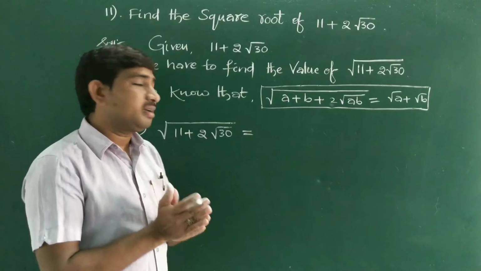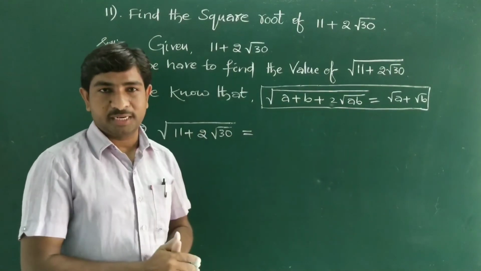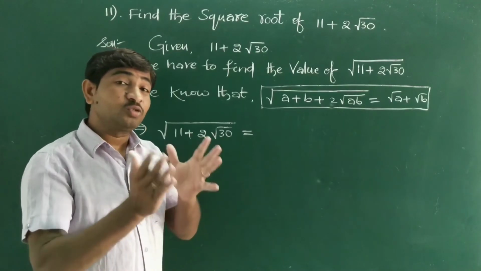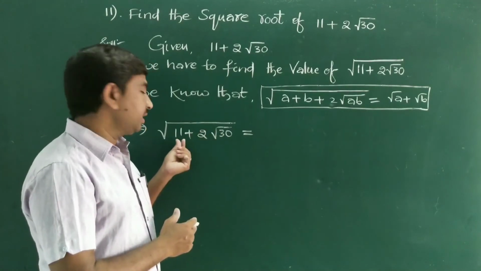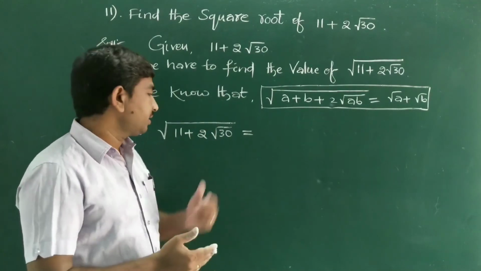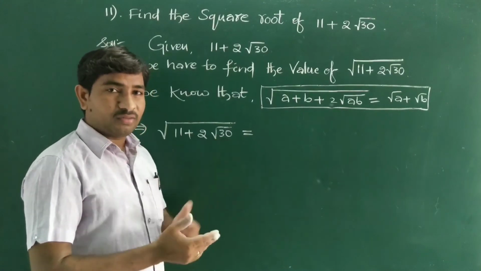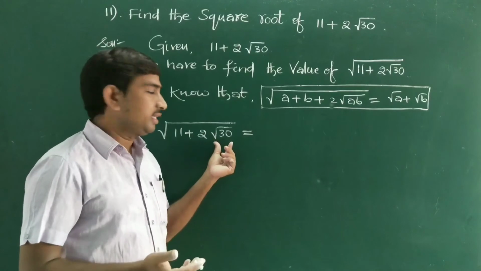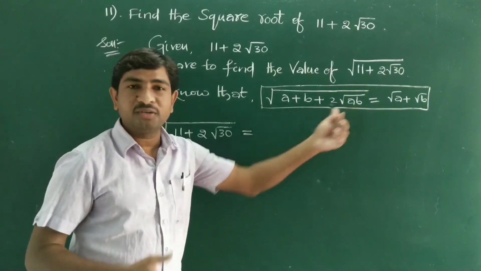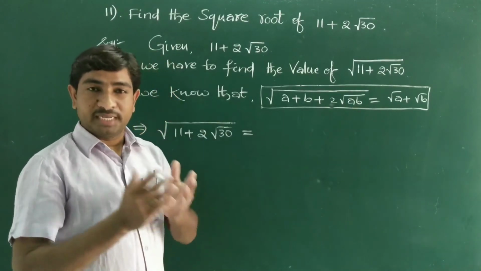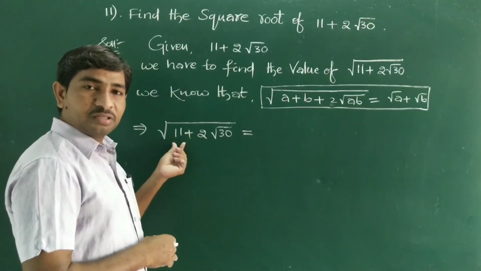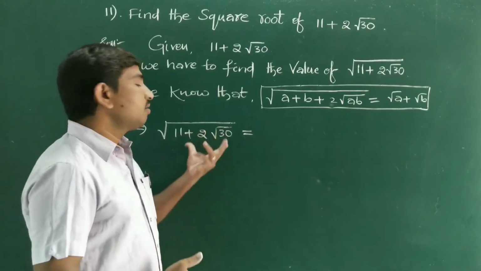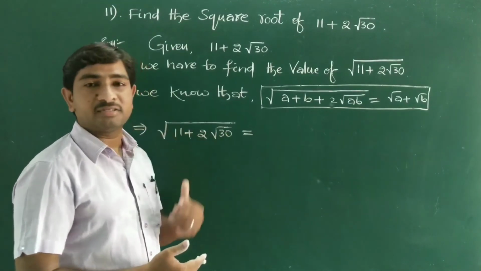So split into factors method. We have to find factors such that the sum of the two factors must be equal to 11. So for 30, what are the factors? Consider 6 and 5 as the factors. 6 into 5 is 30, that means a into b form. At the same time, 6 plus 5 is equal to 11. Right? Now we can choose those two numbers as the factors of the given 30 as well as 11.